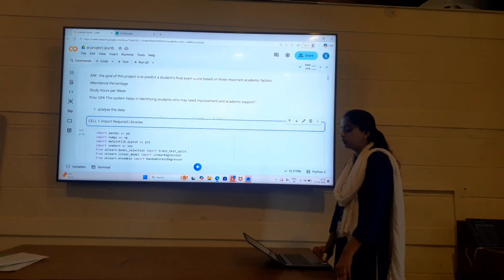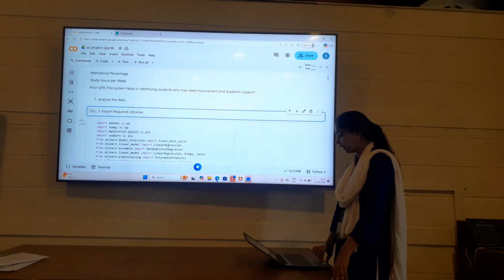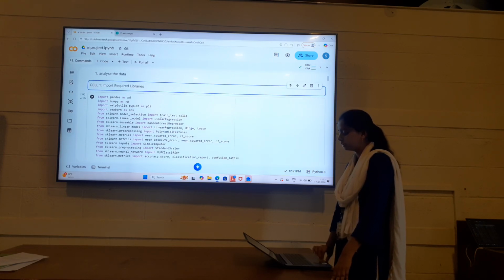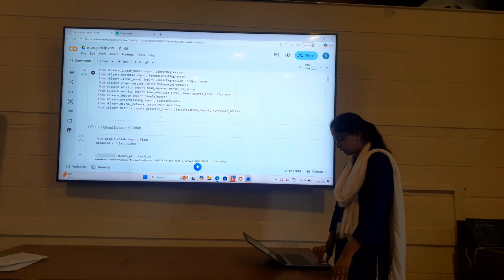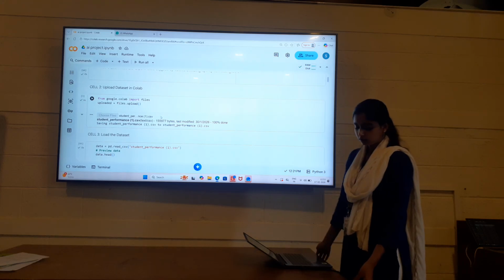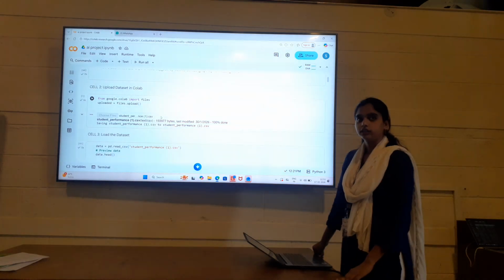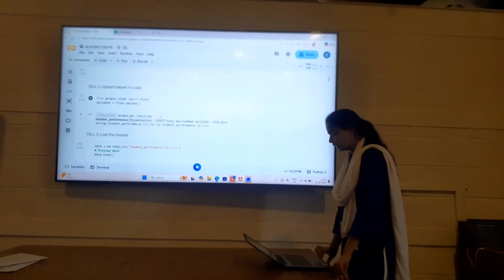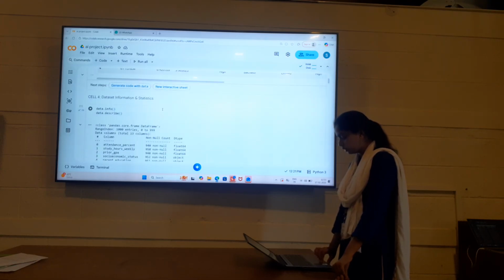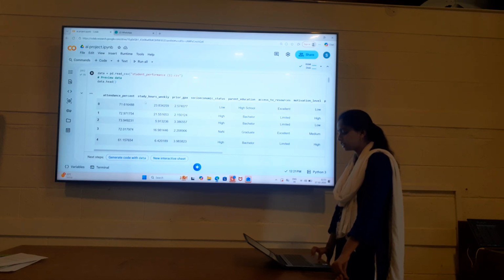This project helps students to improve their marks and provides academic support. At the start, I imported the required libraries which are necessary in this project, and I got the data set. I have collected data of 1000 plus students, which contains 13 to 16 columns describing each student's performance. I have loaded the data set, where we will mainly concentrate on three columns, that is attendance percentage, study hours, and previous year's